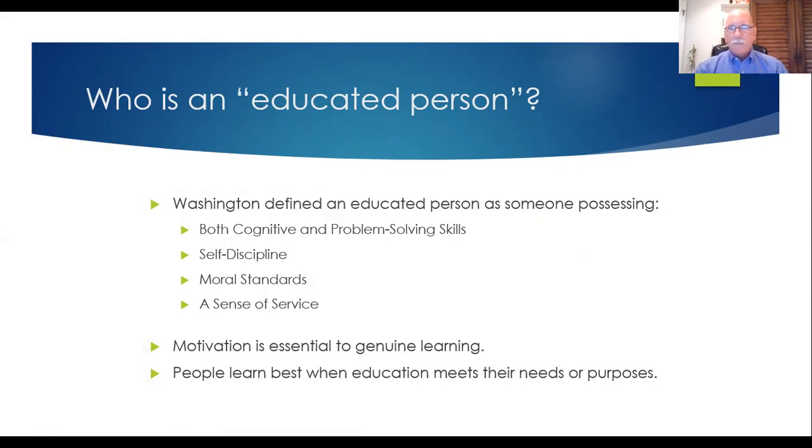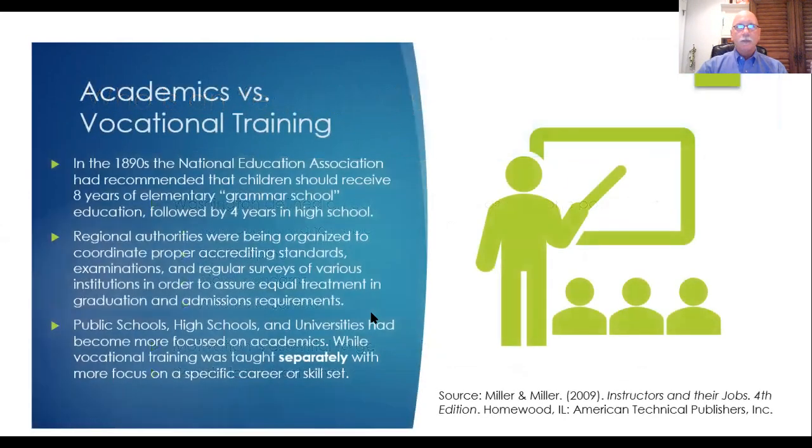So summarizing points, motivation, Booker T. Washington would say, motivation is essential for genuine learning. There needs to be a reason for what you're learning, a purpose for it, right? And that will enable you to really genuinely learn how to do something well. And people learn best when that education that they get meets the needs or purposes. It's another way of saying the same thing that we just stated right there. Okay, so